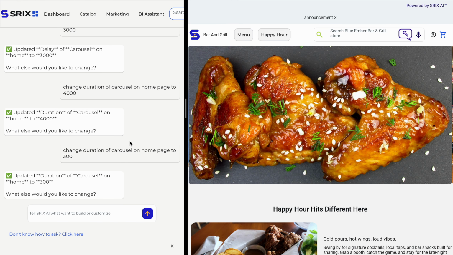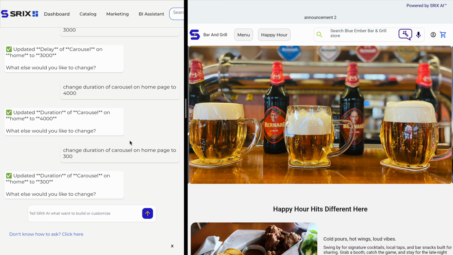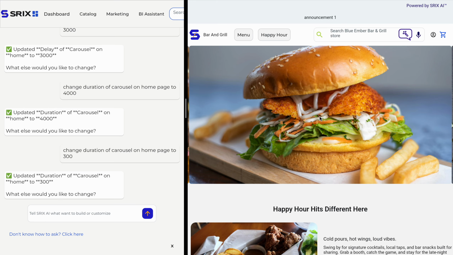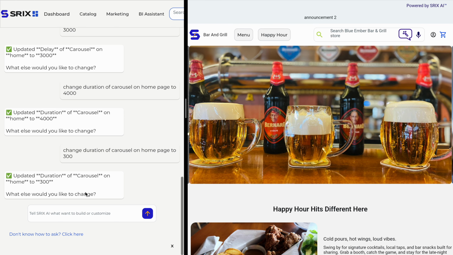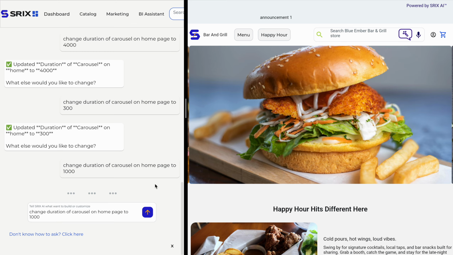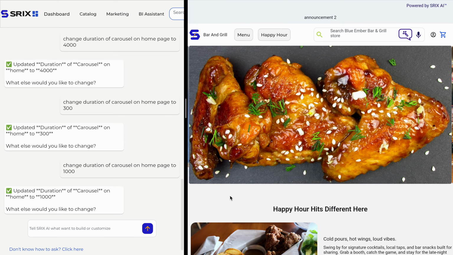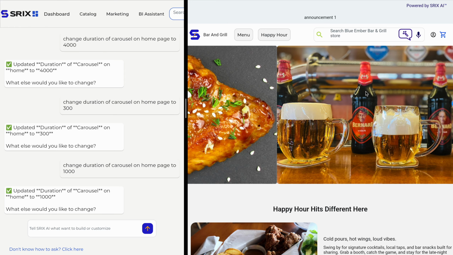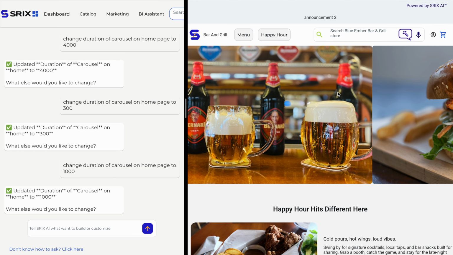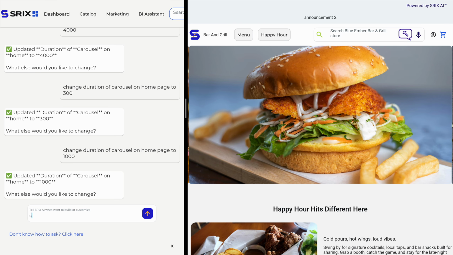Moving on, let's customize the shrink factor, which determines how small the left and right slides, the side slides, look compared to the main slide. Currently, when the carousel shifts, here, I will just increase this so it's easier to see. Currently, when the carousel shifts to the next photo, it looks like this. The side slides are the same size as the main one. But if we were to change that,